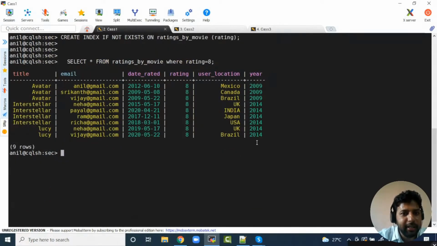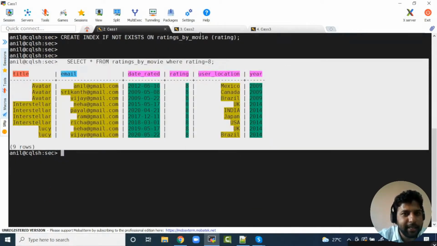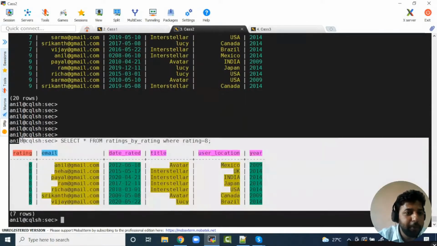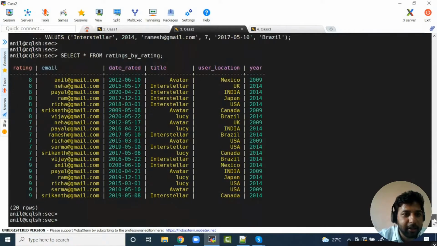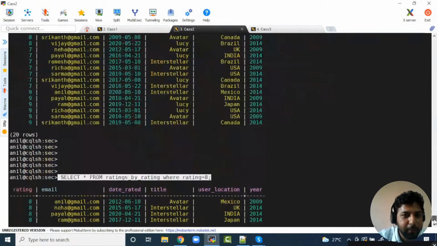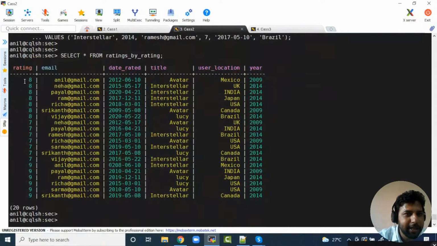Here on this screen, you are seeing the output using a secondary index. On this screen, you are seeing the output from a duplicate table, right? If you can understand the difference between these two, how the secondary index stores data and how a duplicate table stores the data, you get a better idea about how to implement secondary indexes in Cassandra. Now, when I query from my duplicate table, it's a single disk read. We understood this already, right? Because rating is my partition key. Remember, partition key is the primary index.